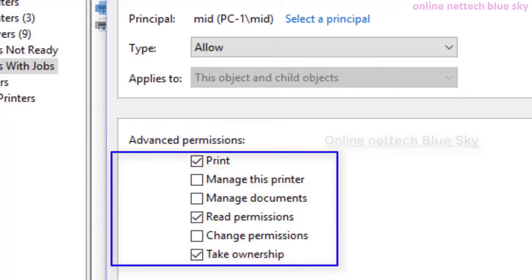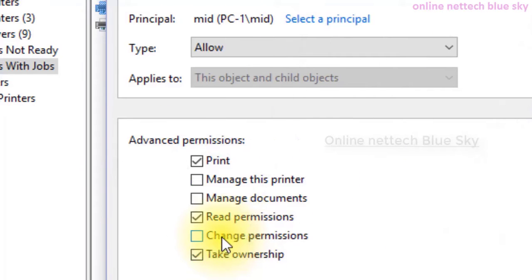So I don't like these settings, but maybe you only give print and read permission for local user and local group here. But you can create your printer and print system, and you can change your system. So click on take ownership, and it means you are the owner of the printer, and you can change your print management services, print management and setting systems here.